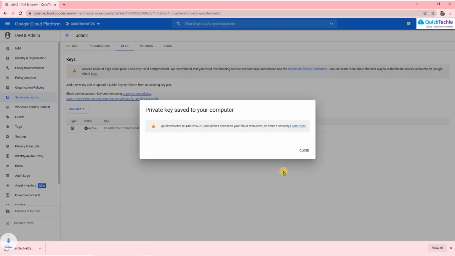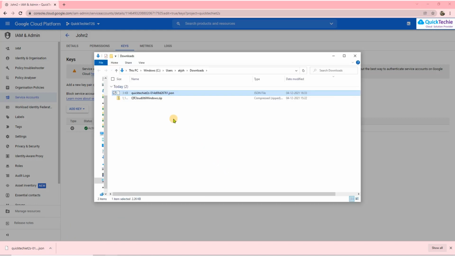As soon as you click create, it will download this key, and you can go to wherever it is downloaded, because you can't download it again once it is downloaded. You have to keep it with you. If you lose this key, then you have to recreate it, correct? So that is what you have to keep in mind. Now this JSON key is very critical and secret information for your account. You should never ever share it with anybody else. If you share it, they would have control over whatever permissions you have on Google Cloud. Many of the permissions they can get by default as part of it. So don't do this kind of activity, correct?